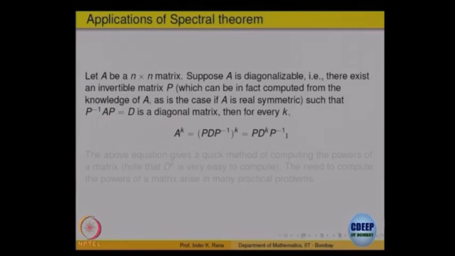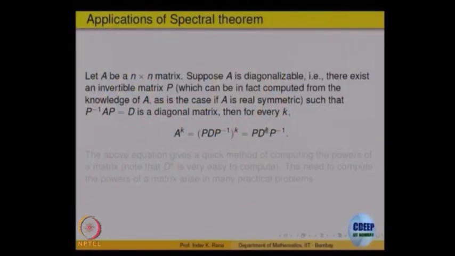So, you do not have to do anything other than, if it is invertible, you find out the matrix D which is diagonal, which has the eigenvalues of the matrix A. Once you have found that, powers are very easy to compute; you just find D to the power K. And for a diagonal matrix, the kth power is just the diagonal entries raised to the appropriate power, right. Is it clear? D square is nothing but the diagonal entries raised to power 2, D to the K is diagonal entries raised to power K.